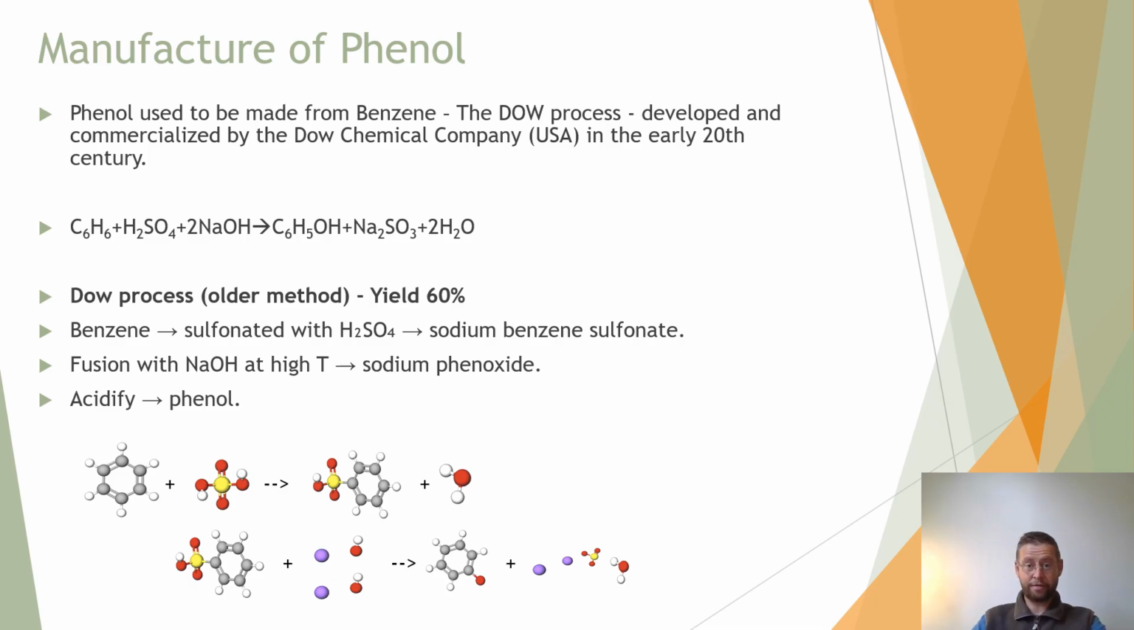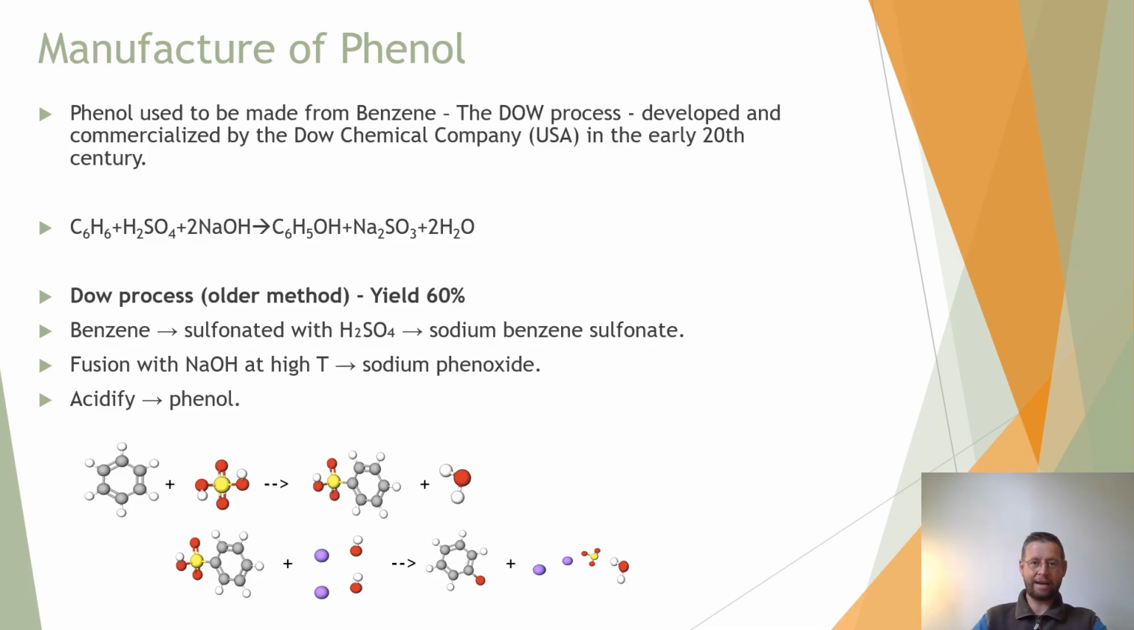H2SO4, sulfuric acid. And what that does, it sulfonates the benzene ring. And basically what happens is we end up with the sulfur connecting directly onto one of the carbons in the ring, and it produces that little chemical that you can see there after the arrow, sodium benzene sulfonate, and some water. And now with that, what we then do is we add it to extremely hot solid